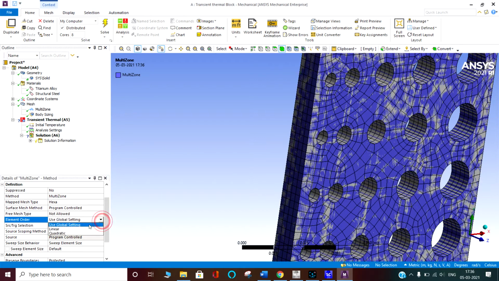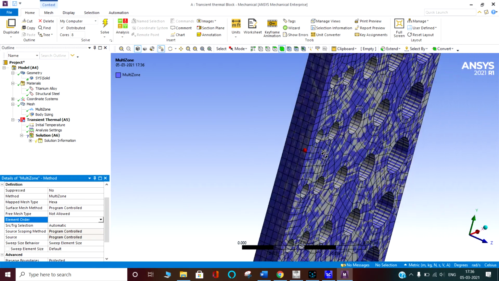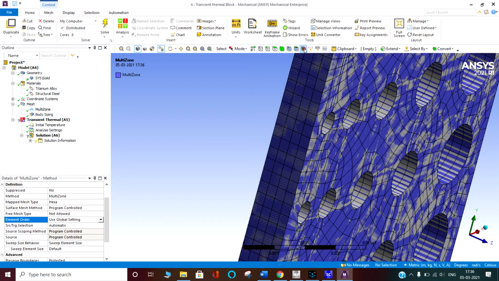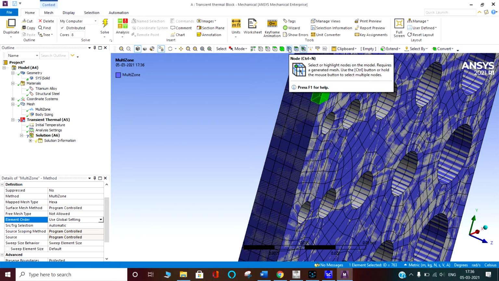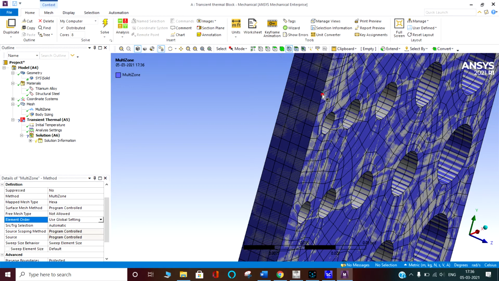Element order, I was saying, is linear or quadratic. I have just used the global setting. Otherwise, generally I use the linear element. I think I should show what a linear element is before that. This is one of the elements, and these are the nodes.